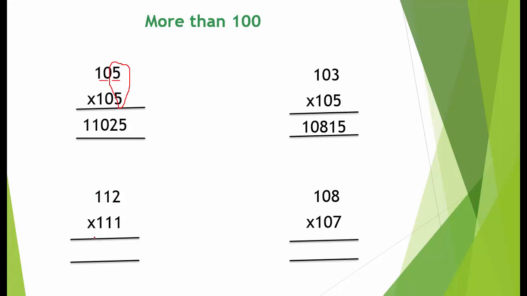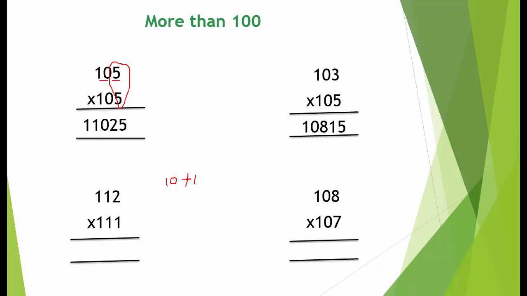Now 112 into 111. Student, on adding you will get 123, but on multiplying 12 into 11, that is 132. आपको स्टूडेंट मल्टीप्लाई भी सिखाते हैं कि 12 into 11 को कैसे मल्टीप्लाई करना है. 12 into 11. 11 means 10 plus 1. This 11 can be written as 10 plus 1. Now you know that 12 into 10 means 120 plus 12, that is 132.